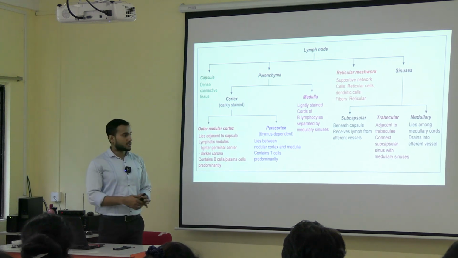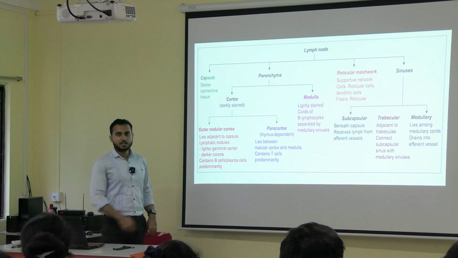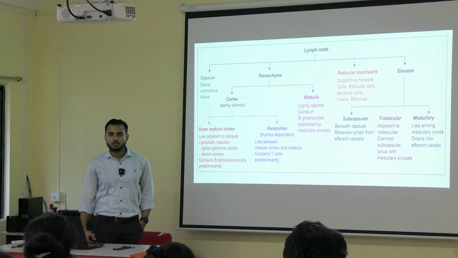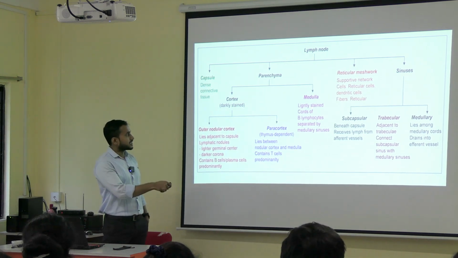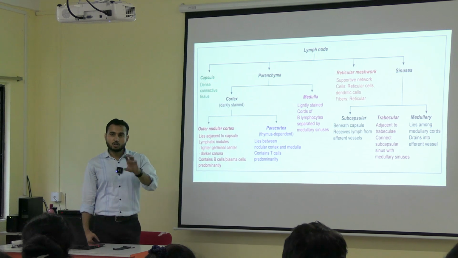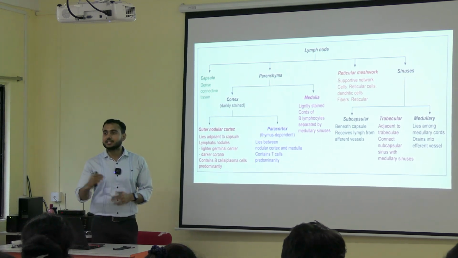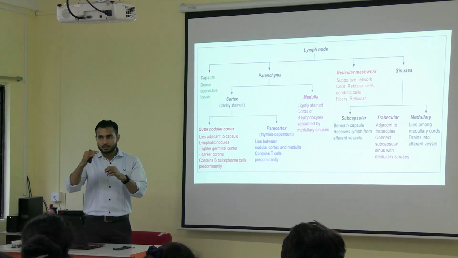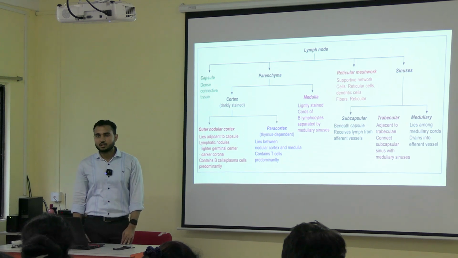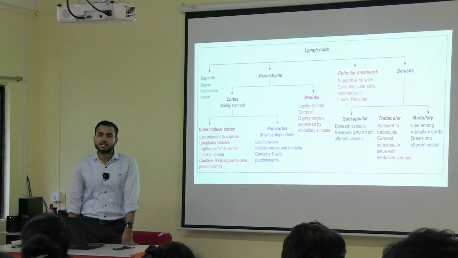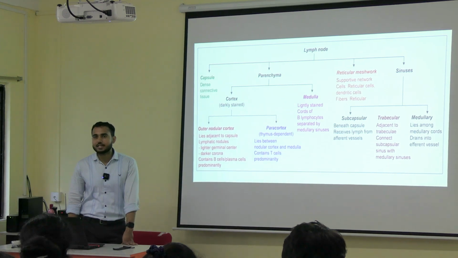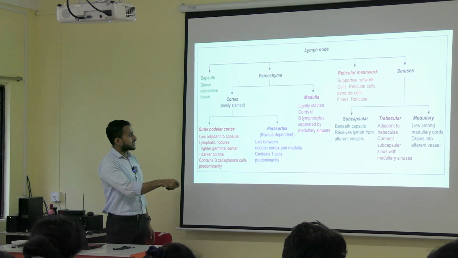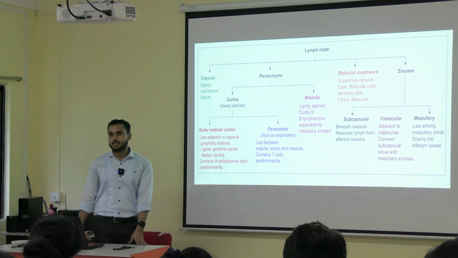Next, if you see the medulla, what is the appearance of the medulla? Lightly stained. Why is the medulla lightly stained? Any idea? Because here the aggregation is not like the cortex. Here the cells are arranged in the form of cords, and where the arrangement is in the form of cords, between the cords some gaps are present, and in those gaps sinusoids are present. That's why the appearance is lighter. Here you can see lightly stained cords of B lymphocytes separated by sinuses. These are called medullary sinuses.